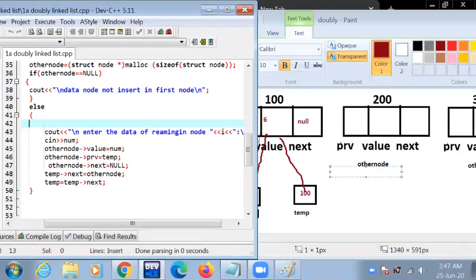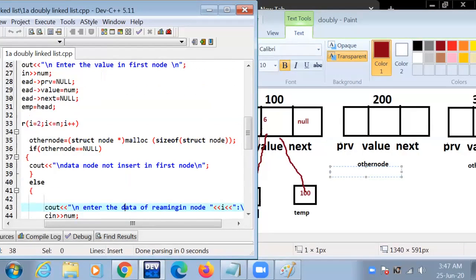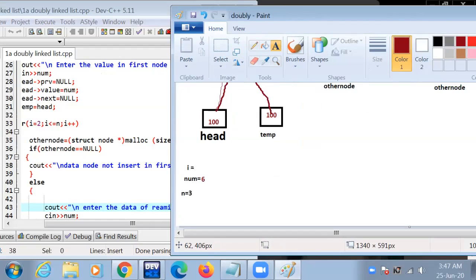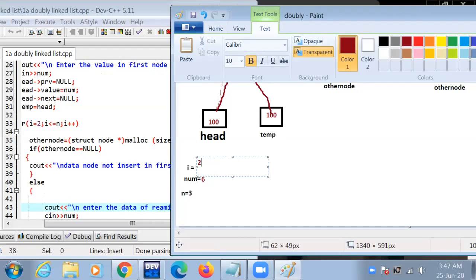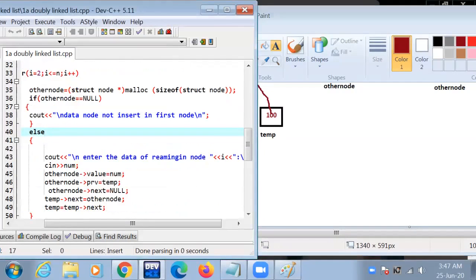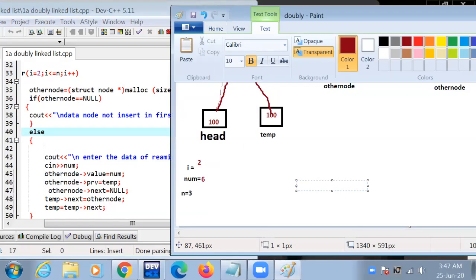If the node is created, then execute this line. Enter the data of remaining nodes. The value of i is here 2. We enter the remaining nodes' data as 6, 7.